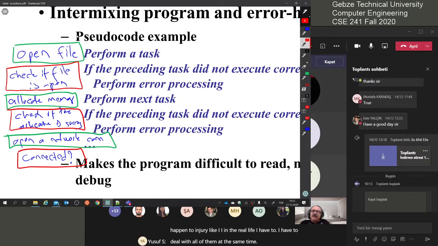So we don't like this kind of programming actually. Up to now we have been doing this all the time. We do something and we check if it is okay. We do something and we check if it is okay. We don't like this happening. Why? Because this is intermixing error handling and the regular program flow in the same place. So exceptions are a mechanism to prevent this kind of programming. They say that